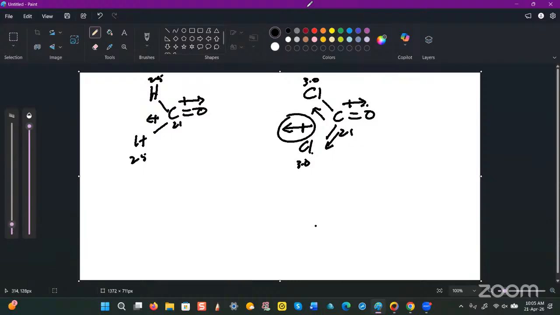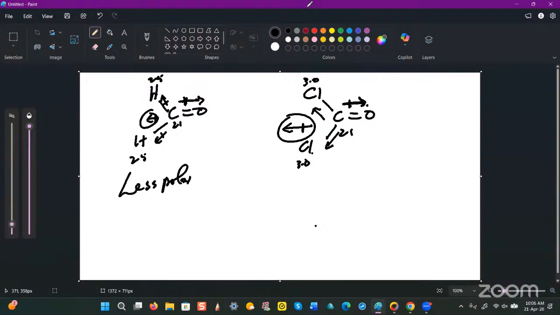So if this is large and this is small and this is the same for carbon and oxygen, which would you expect to be the more polar molecule? Oh, chlorine. You sure about that? These are relatively large compared to the C to H polarity, right? These are effectively zero for most intents and purposes, right? But this remains the same. Carbon to oxygen remains the same here and here. So which would you expect to have a net dipole moment which is smaller? Exactly. This one here would be less polar,